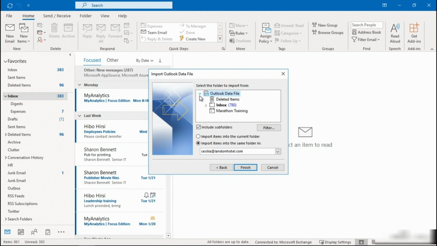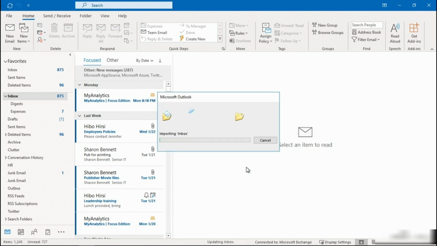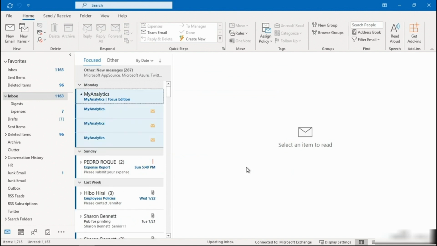You can filter down on the folder that you want to import from. I'm going to do the whole thing. I'm okay with that. I can import items into the current folder, or I can import them into the same folder in a different email file. I'm going to leave it depending on how large the backup is. It could take some time, and you'll notice that my inbox has definitely increased to over 1,000,